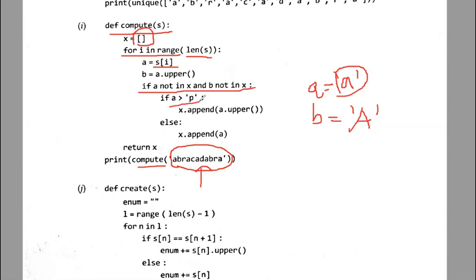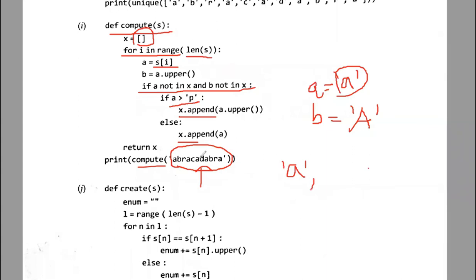A greater than P. When A is greater than character P, here the ASCII values of A and P will be compared, and the ASCII value of A will be lesser than P. All the characters coming after P are going to be greater: Q, R, S, T, until Z. So it is not going to come to this if condition, it is going to just get appended. So what will be the value? First, it is going to get appended with just the character which is stored in A, which is nothing but A itself. This will be the first element.